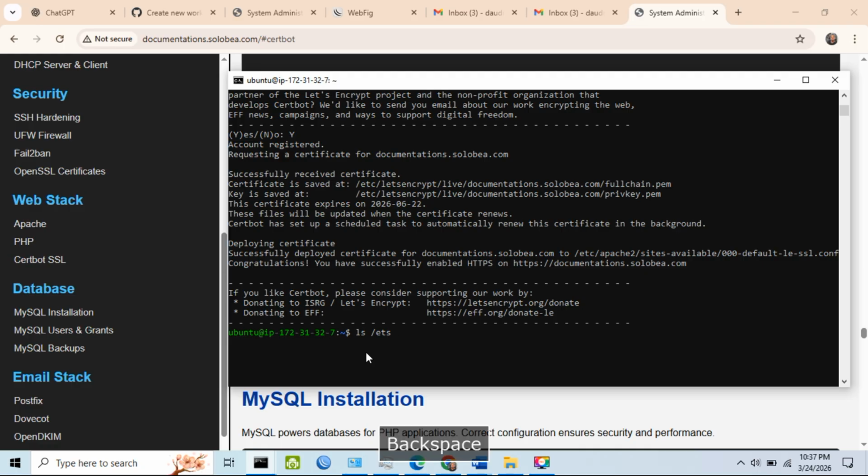If we read the directory listing in the Apache 2 sites-enabled or sites-available, you can see another site has been added, and the site is similar to this one. The difference is that this is for SSL and the default one is for port 80. If we navigate to the file, let's say we want to edit it or view it,